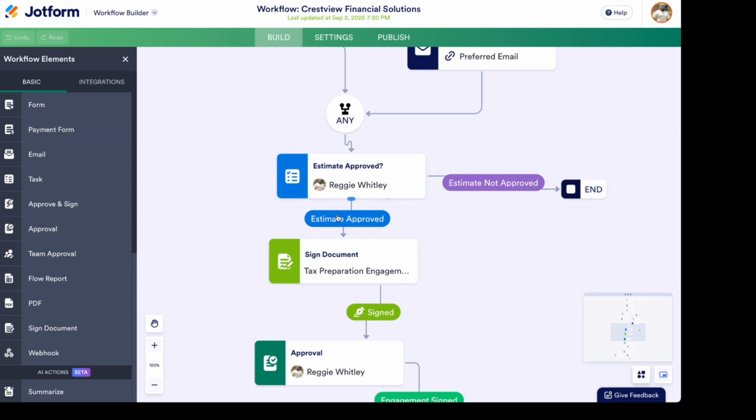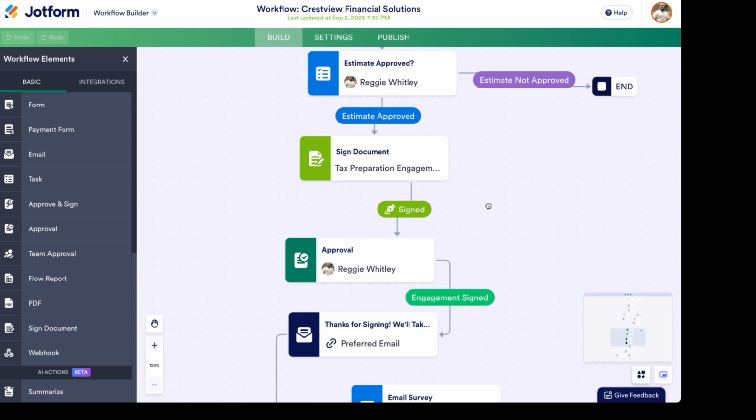You can proceed. Once you get that thumbs up from them, you'll give Jotform a thumbs up, and it's going to send them an engagement letter. If they say thumbs down, no, don't proceed, don't pass go, do not collect $200, I don't want to go with you and your company, then you'll say estimate not approved, and it'll just end. It'll just make sure that we put a close to the workflow for that particular client, and it's going to end. But should they want to continue, they'll automatically get an intake and engagement letter that they can sign directly